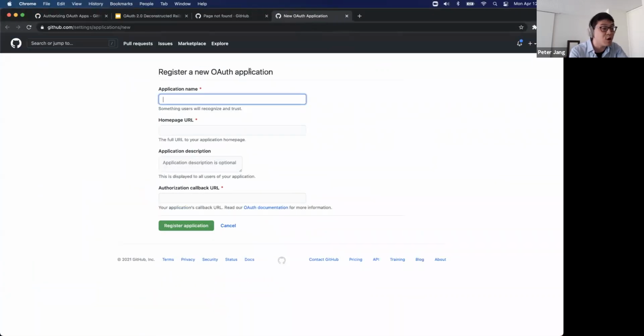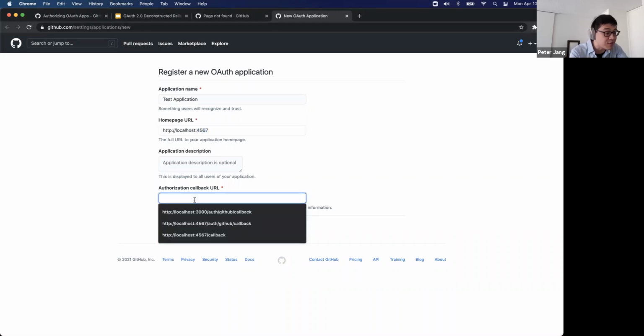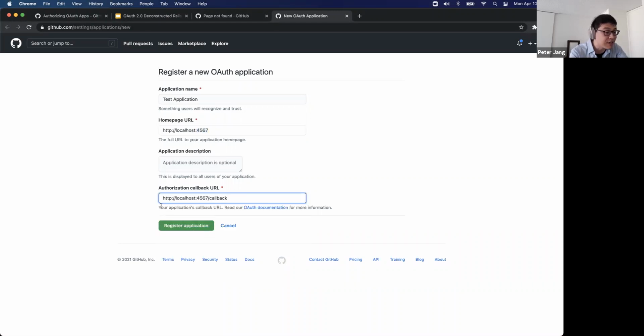I'm going to register a new OAuth application. I'm just going to call it test application. I'm going to make sure it doesn't have the same name. Homepage URL: I'm going to use localhost 4567. That's the default port for Sinatra. The application description is optional. And then the authorization callback URL. I'm just going to keep it simple,